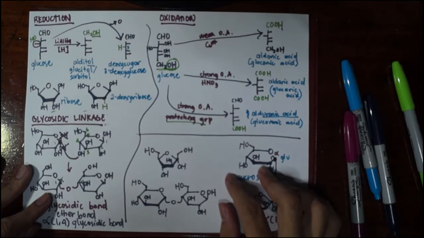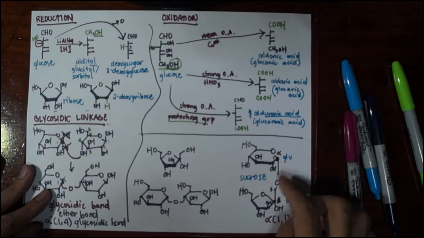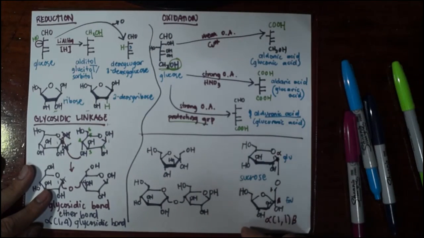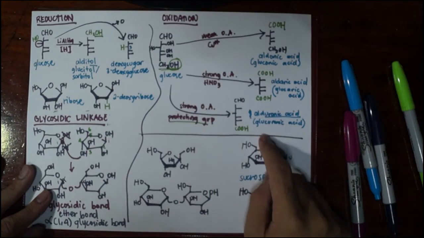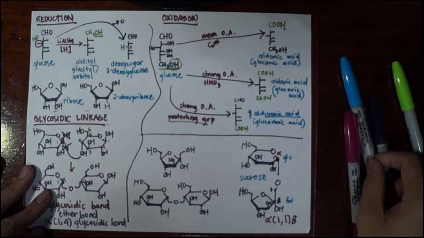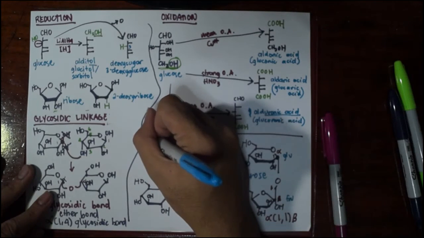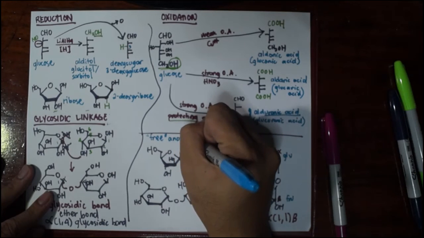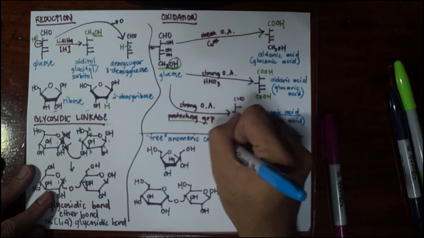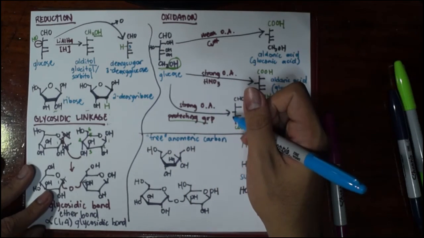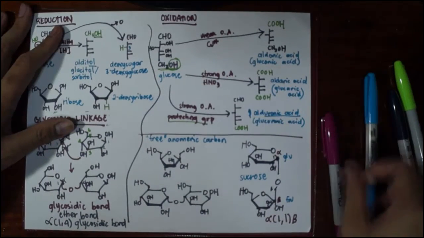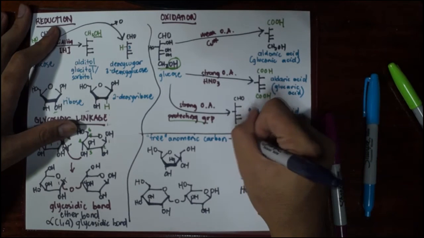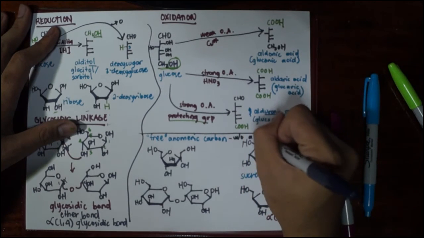Now finally, to end this topic, I would also like to mention that again, oxidation can happen in ring forms of the carbohydrates, and not just in monosaccharides but also in disaccharides, and that depends on whether we have the presence of what we call a free anomeric carbon. Again, I won't elaborate what an anomeric carbon is again, but I will elaborate definitely what a free anomeric carbon is. And a free anomeric carbon is any anomeric carbon without a glycosidic linkage